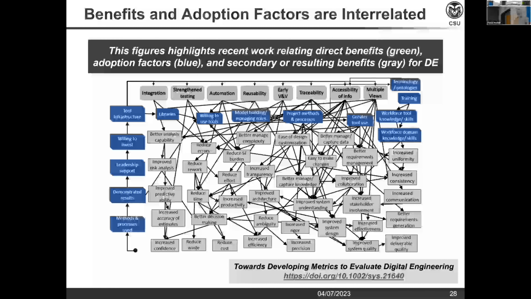So if we're really trying to understand the advantages we're going to have from a digital engineering perspective, we need a little bit more nuanced thought process of how these benefits are realized, and how they work together to realize larger scale things like reduction of waste, reducing costs, or increasing efficiency. What are the basic principles that yield those outcomes, as well as what are some of the factors, in the blue boxes, that we can do to improve the effectiveness of these direct benefits, like tool infrastructure, libraries, greater tool usage, training, knowledge, skill development, that type of stuff as well.